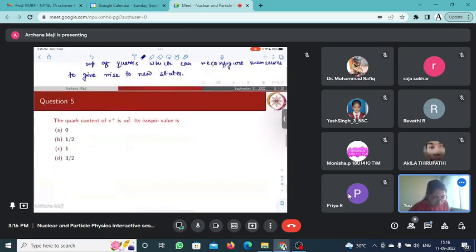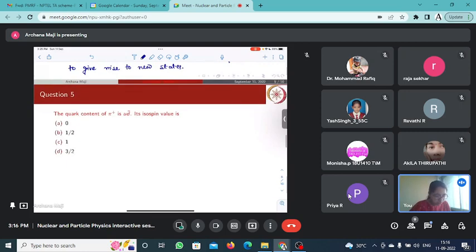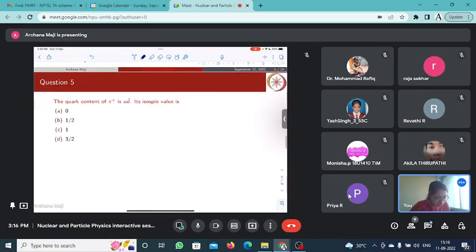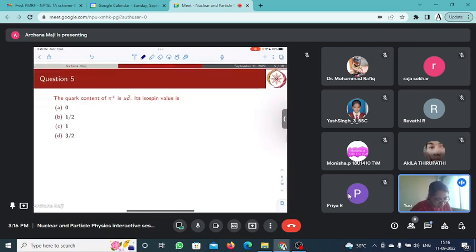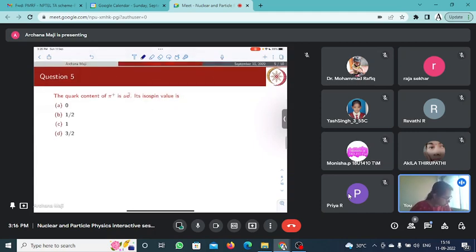Okay. So what is the isospin value of pion? Last time we drew the